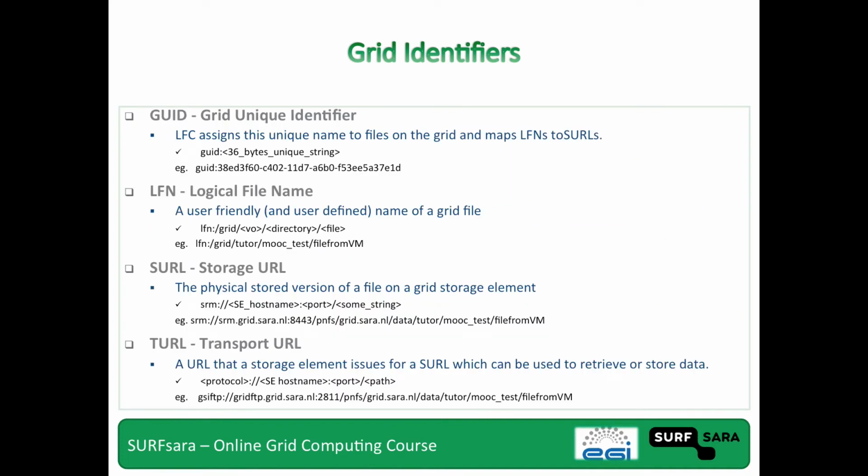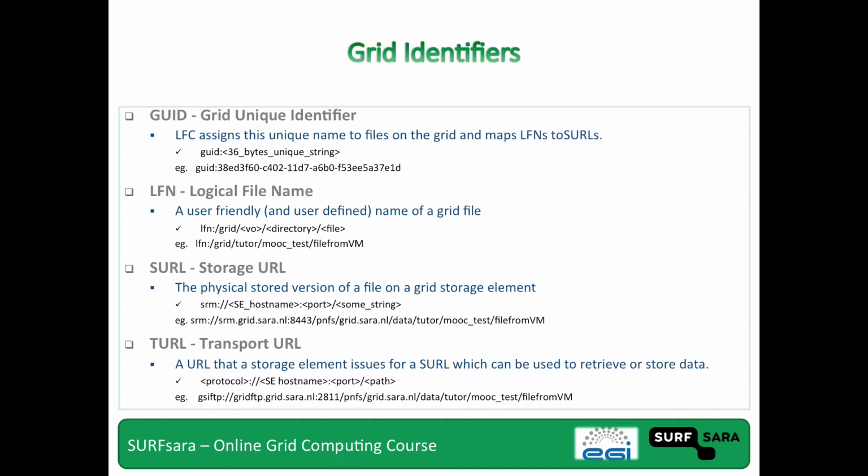So we can refer to the grid files in several ways. So the GUID, the SURL and the LFN. The grid unique identifier, which identifies a file uniquely, is of the form GUID and then a 36-byte unique string. So an example is given on the slide. The logical file name, which is the human readable form, always has the form LFN and then a particular directory structure. In the case of the LCG file catalog, the LFNs are organized in a hierarchical directory-like structure and usually have the following format. So you'll start with the protocol, LFN, grid, list the VO, have a number of subdirectories, and